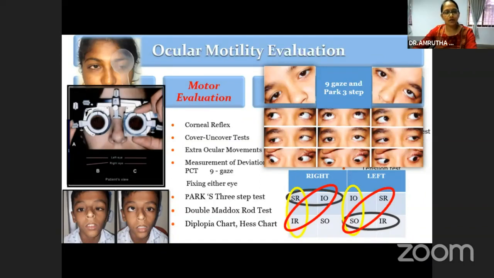So clearly ask them about the positioning of the tilt by comparing it to the side of a door or a window, how the position of the edge appears. Many times, by doing a double Maddox rod, one will be able to pick up whether it is a unilateral fourth nerve or a bilateral fourth nerve, and quantify the torsion, and plan how we want to manage it.